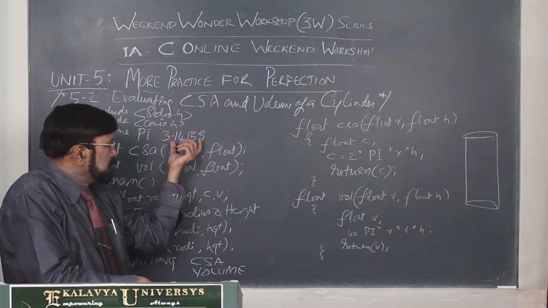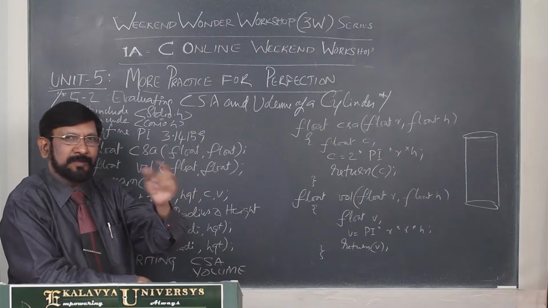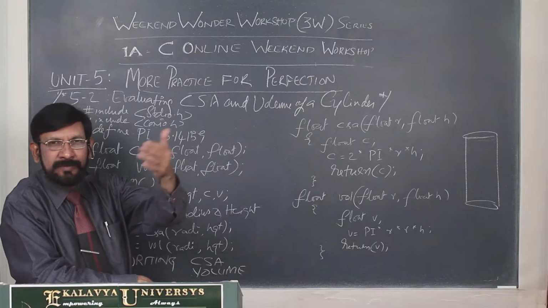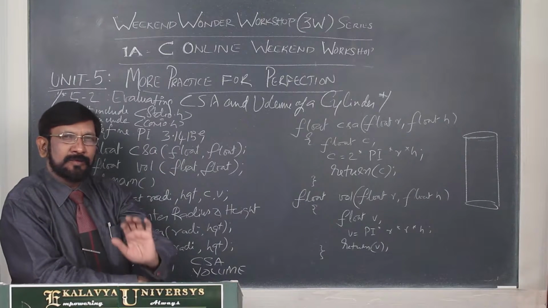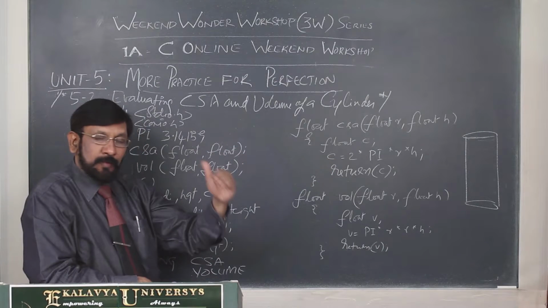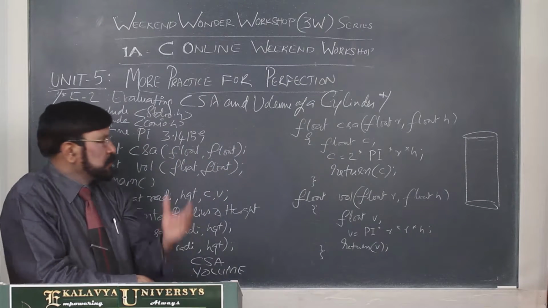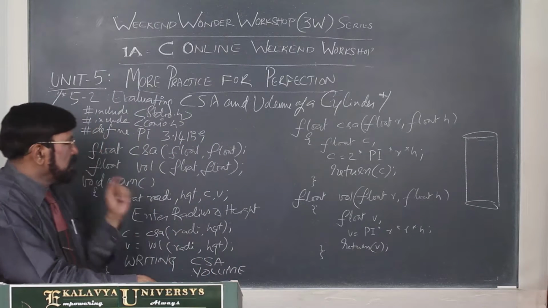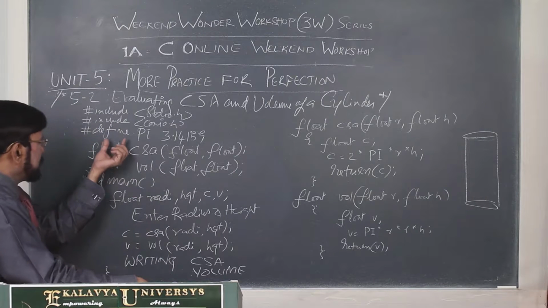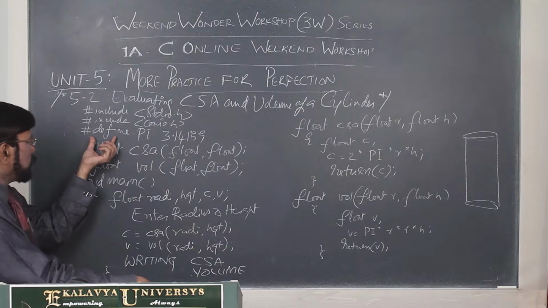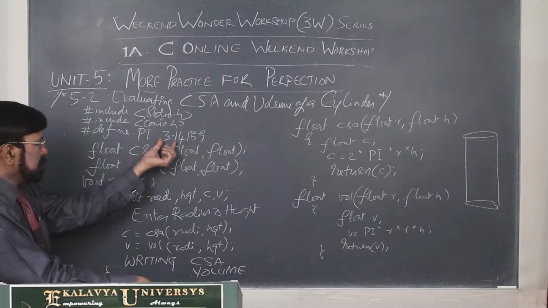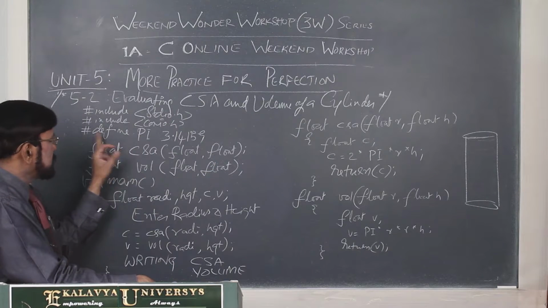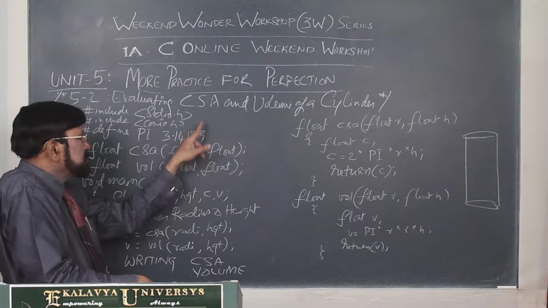Instead of writing the absolute value, if you write a symbol, the code will be highly readable and very easy to write, and you can avoid committing mistakes. Suppose one digit of this number you may type differently. In such cases, you can define a symbolic constant. For that purpose, this is the code: define PI 3.14159. What does it mean? You should not give a semicolon, as it is a preprocessor directive. You should not write semicolons.